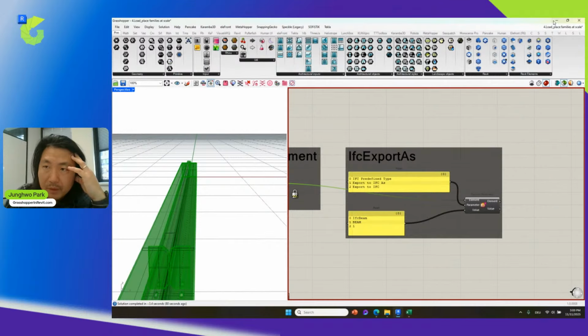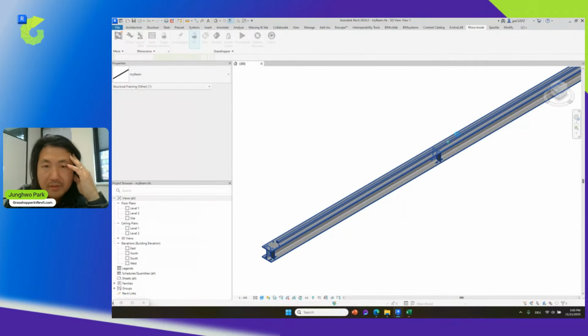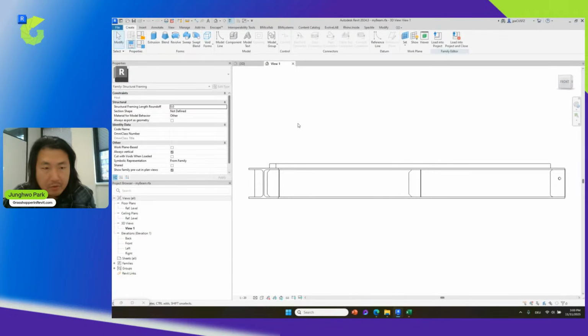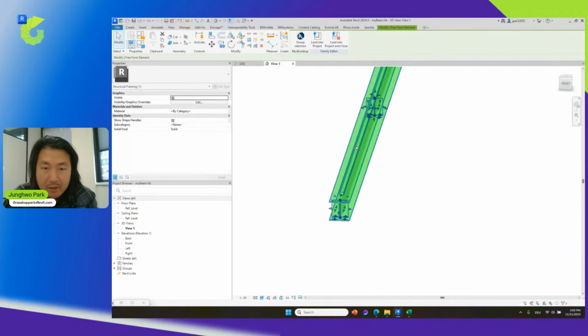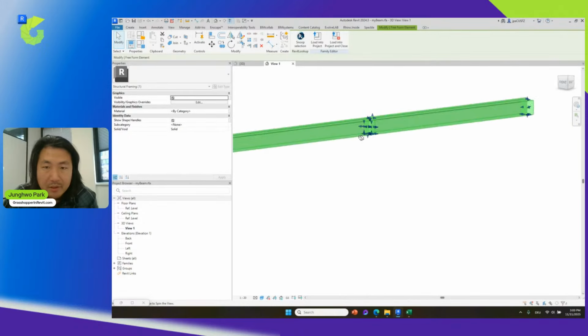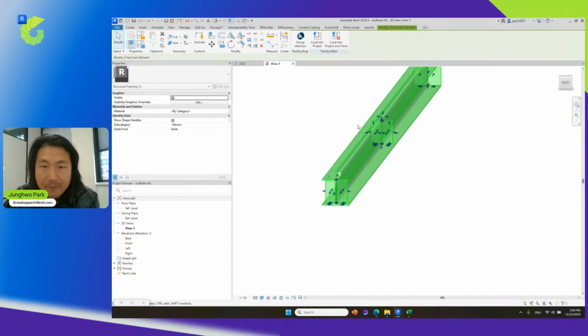I'm going to lock. And if I just edit this in family editor, you can see the geometry is actually an explosion of the step file input. But here,